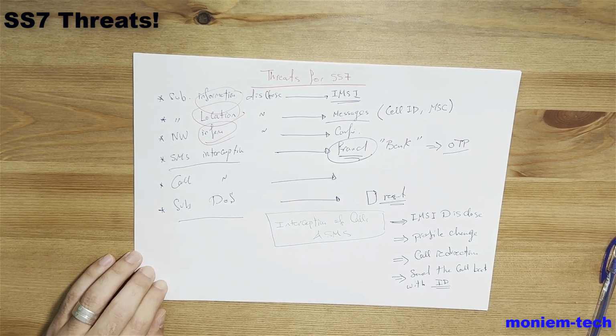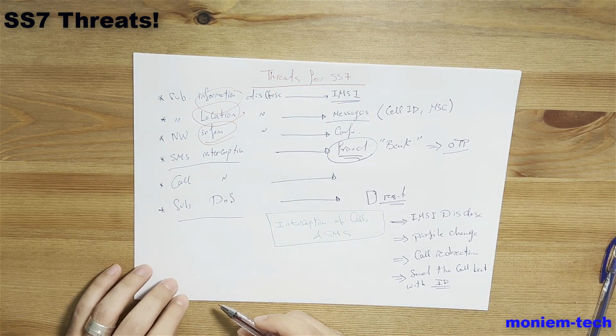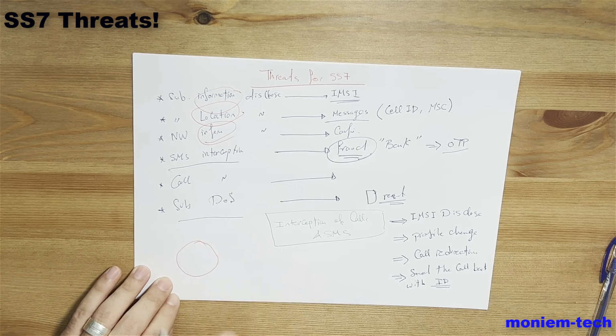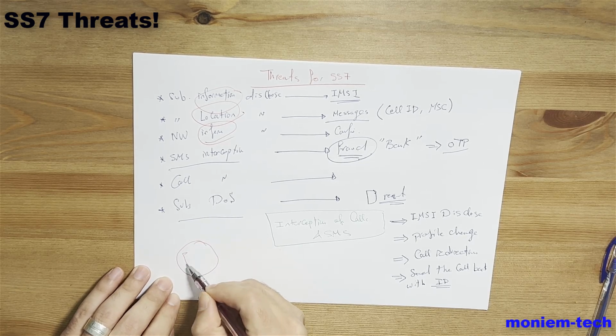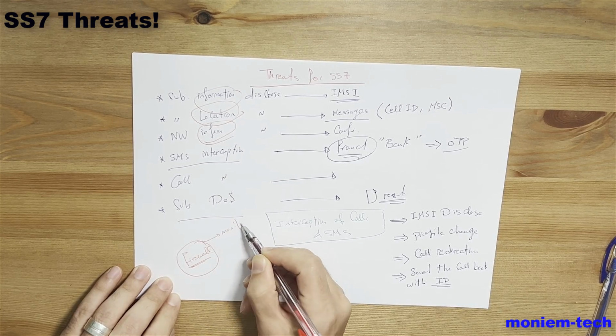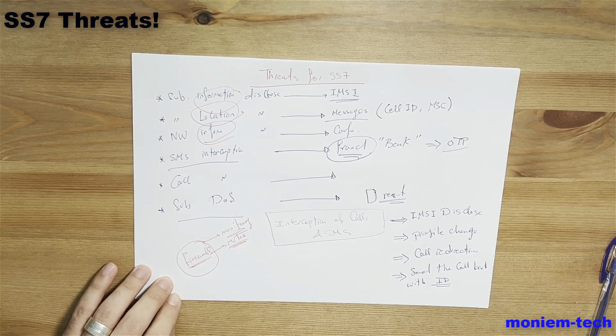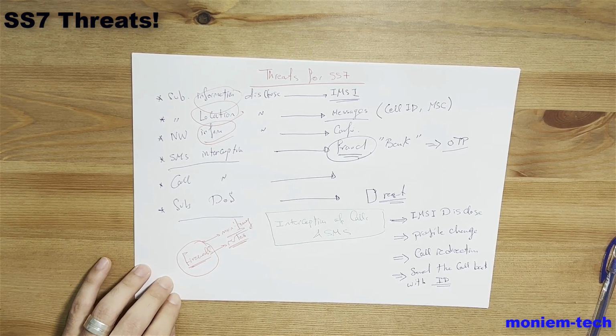So the conclusion here: SS7 threats allow for all kinds of attacks, including information disclosure, interception of SMS messages and calls, and subscriber DoS. Network operators are already aware, but not all of them try to make changes. The most important thing is to use the firewall and monitoring, and the rules you apply, especially for roaming